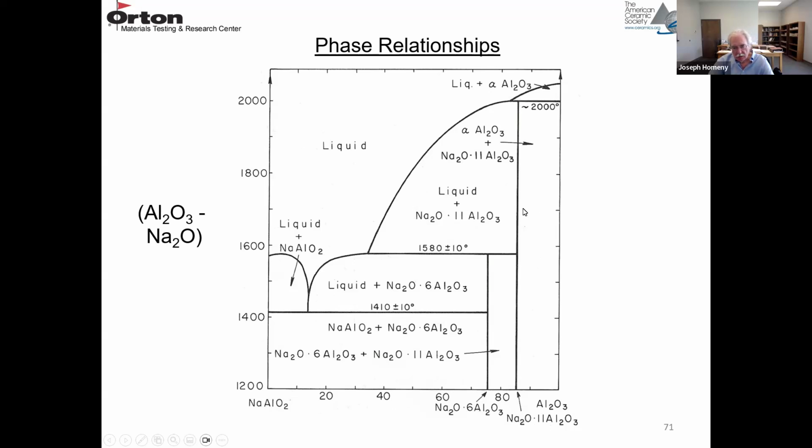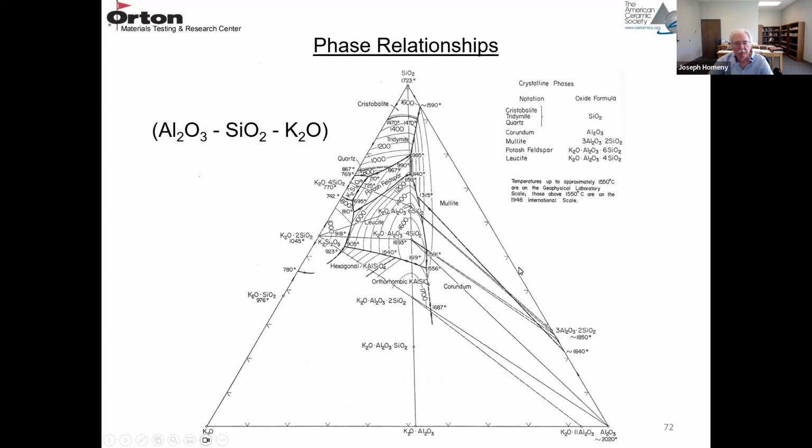So if you're to the right of beta alumina in composition, this phase field is alpha alumina and beta alumina, and you don't see any liquid till 2000 degrees C. But if you're just to the left of this composition, here you have liquid and beta alumina, and that starts at 1580 degrees C. So sodium contents to the left of beta alumina are going to give low melting materials. Then I have a couple of ternary phase diagrams: